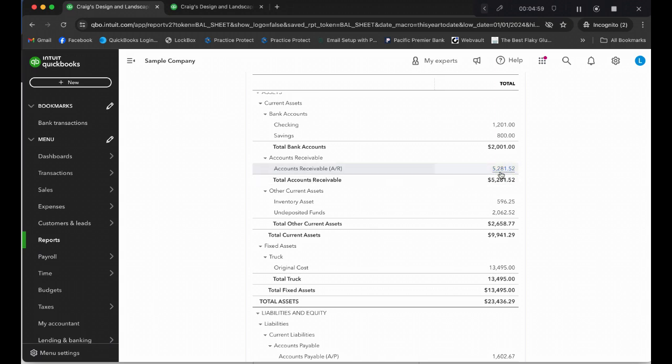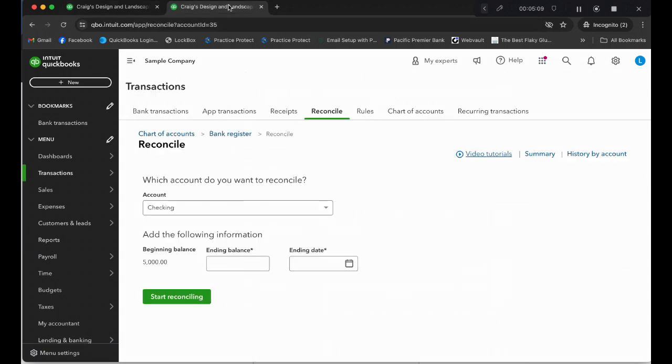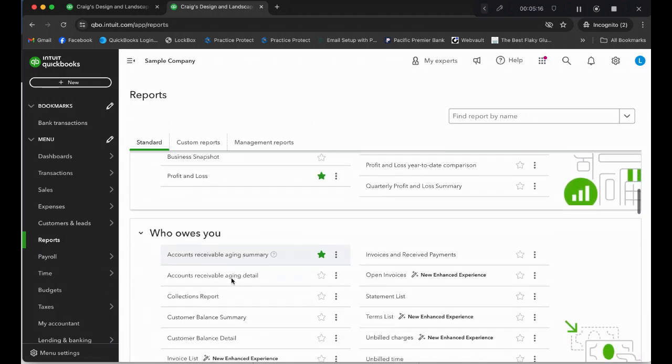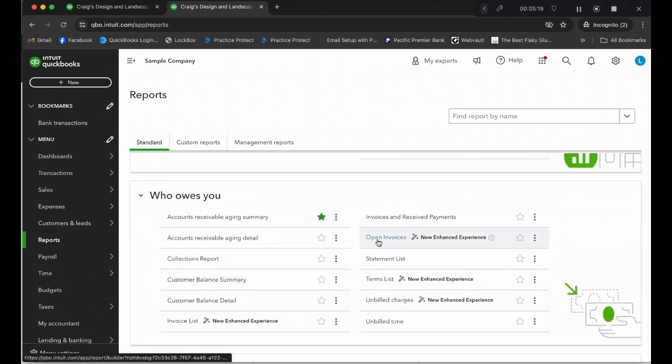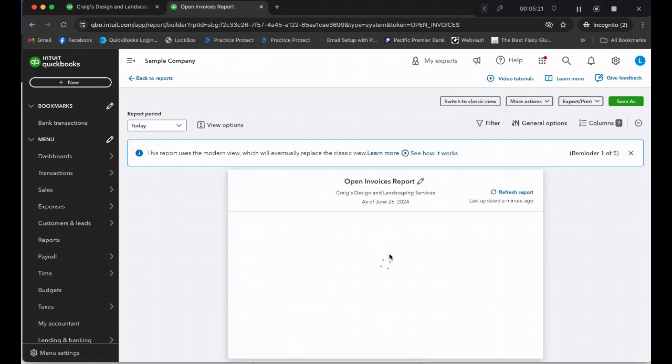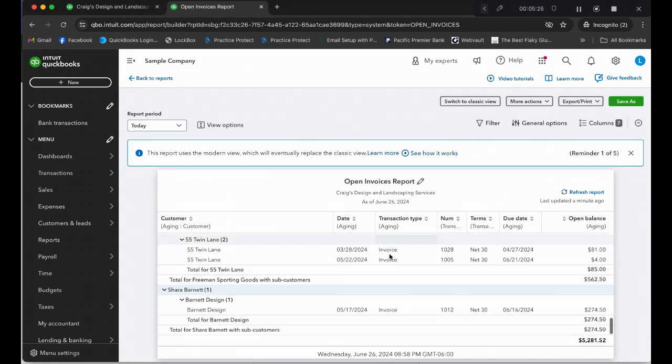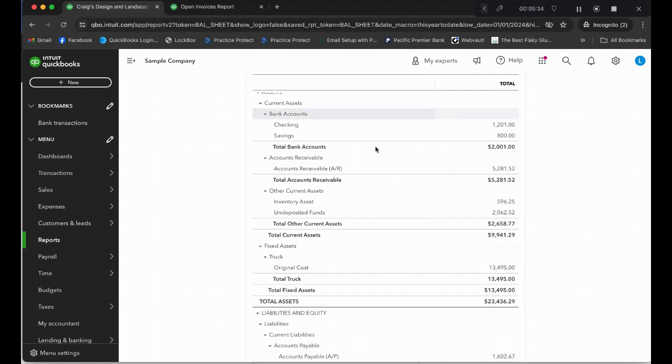So the amount says $5,281.52. We're going to go to the detail report that makes up that number. So we're going to flip back on our other tab, and I'm going to go to the reporting menu. I'm going to scroll down to the section that refers to who owes you, and I'm going to click on the Open Invoices report. And if we look at the bottom on this Open Invoices report, I'm going to scroll all the way down, our balance is